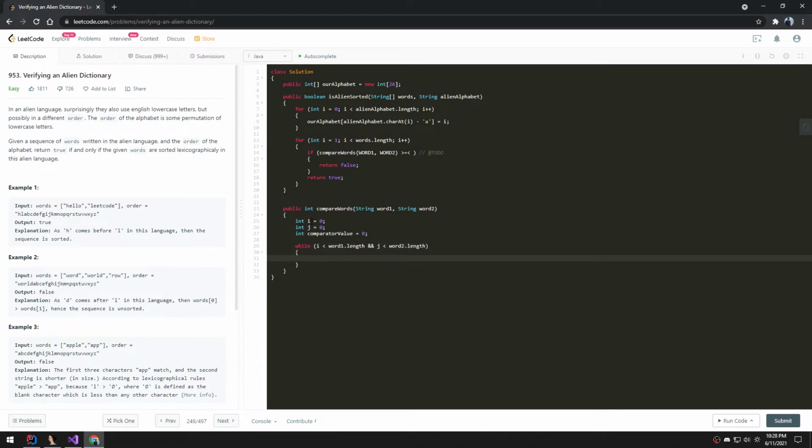Then we can say that the comparator value is going to equal our alphabet at word1.charAt(i) minus 'a', subtracting that by the same thing almost, but this time it'll be word2.charAt(j) minus 'a'. Once we have the comparative value set here, then we'll just increment both i and j,